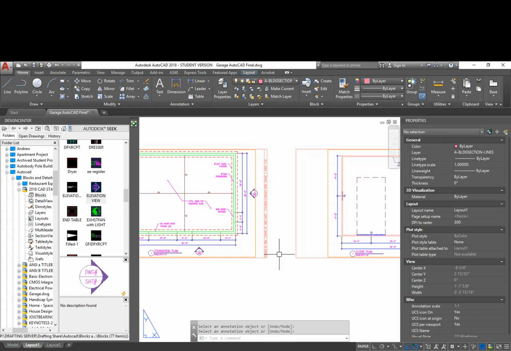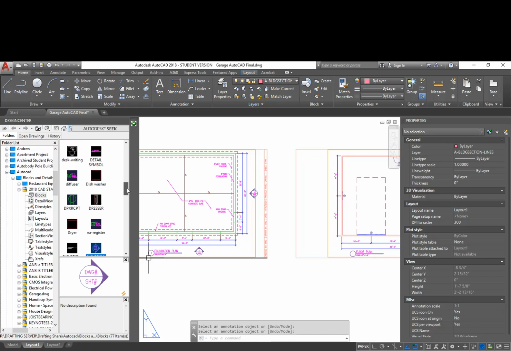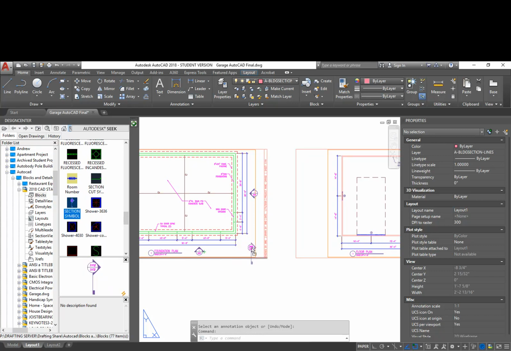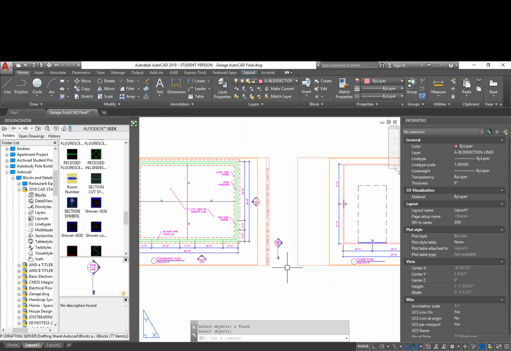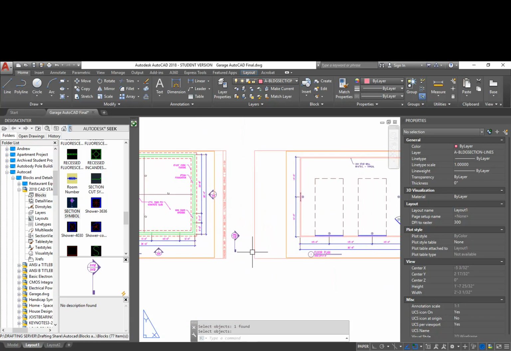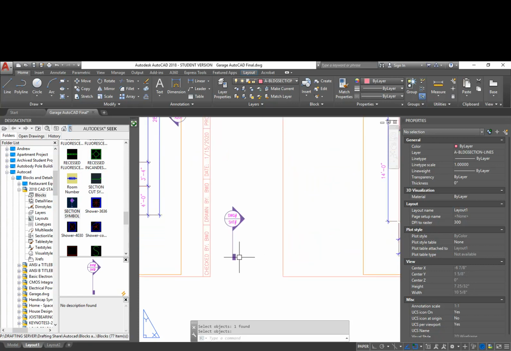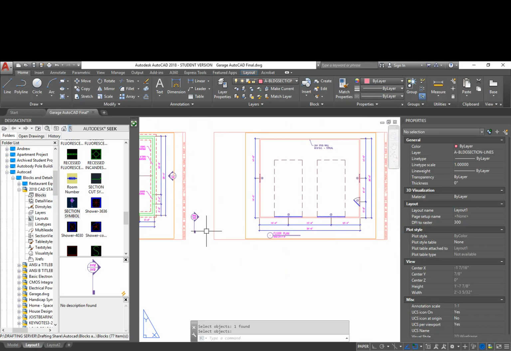The next thing is to add my typical wall section, or my section symbol. So I'm going to come down here and look for the section symbol that I have made. I'm going to drag and drop it in place, and I'm going to explode this. And I need to think a little bit further ahead with this one. Basically, this is showing me that I'm cutting through the wall in a certain location, and I'm looking the direction that it's pointing. So if I were to